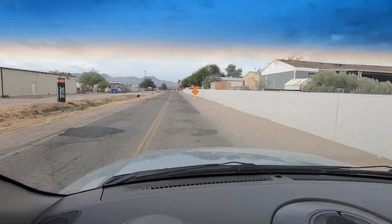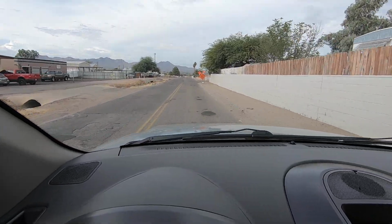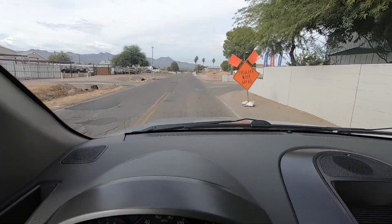God, I can't wait till they fix this road. This road is horrific. Supposedly we're getting it fixed one of these decades. Anyway,